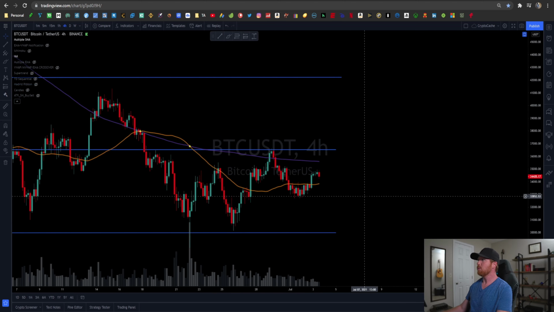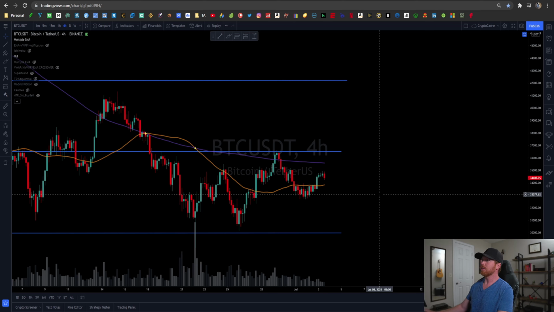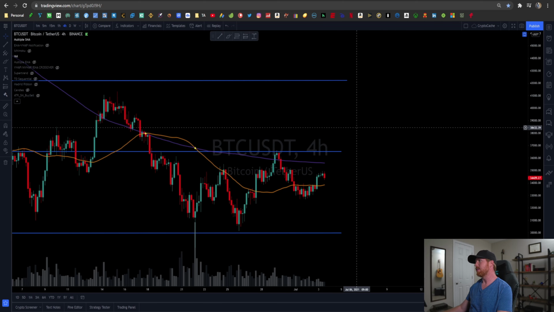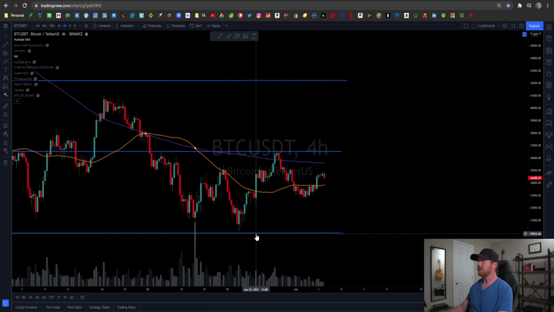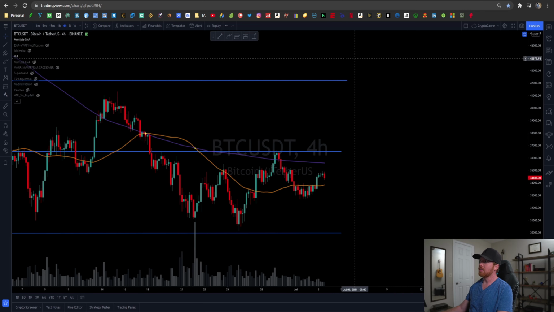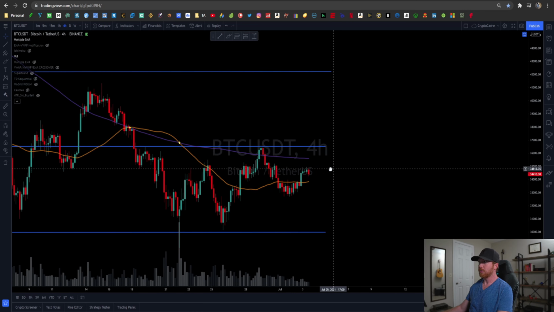But generally speaking, what we're looking at here is Bitcoin. This is a 4-hour chart. And as we can tell, we have major support and resistance levels. We've got a support level at 30,000, another at 31,000 I do not have marked, 36,500, which is a most recent major resistance, as well as another major at 42,000, right? So we got a lot of room for growth, for lack of better terms.